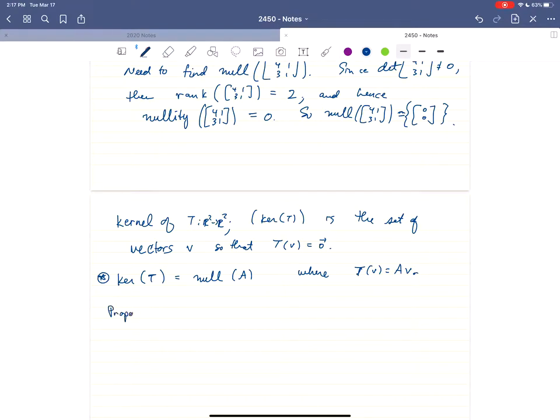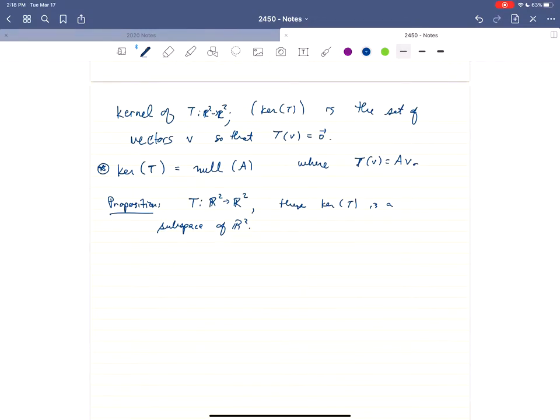I want to prove that if T goes from R2 to R2, again, just to keep this perfectly straightforward, then the kernel of T is a subspace of R2. And we'll do this in general next time, but just for now,